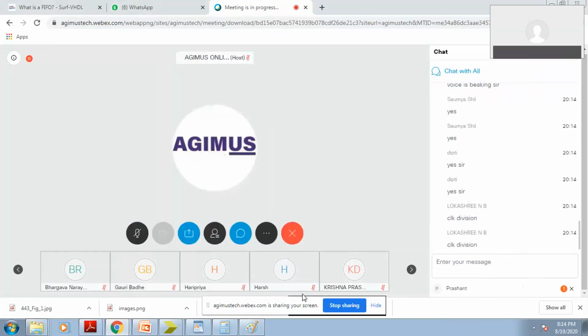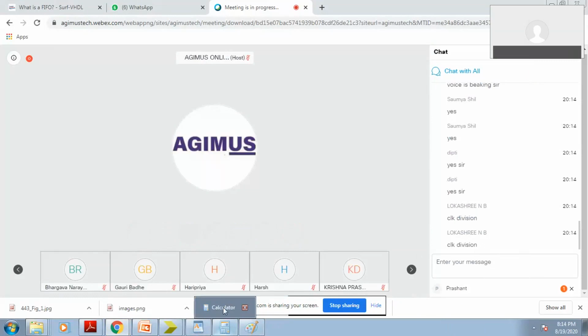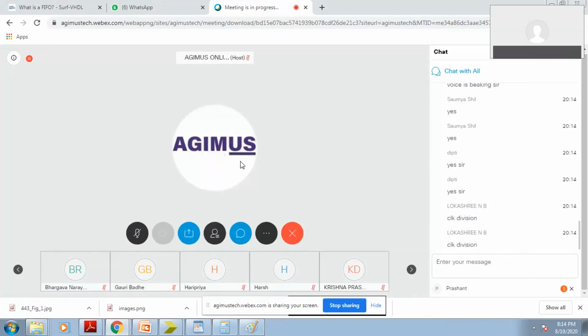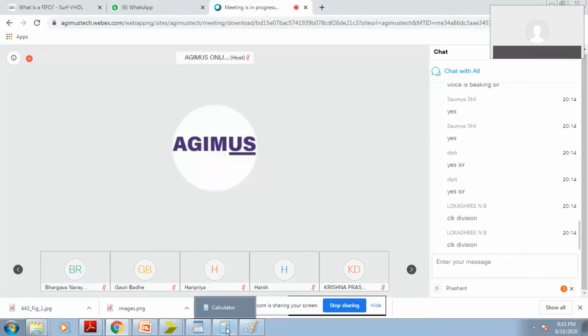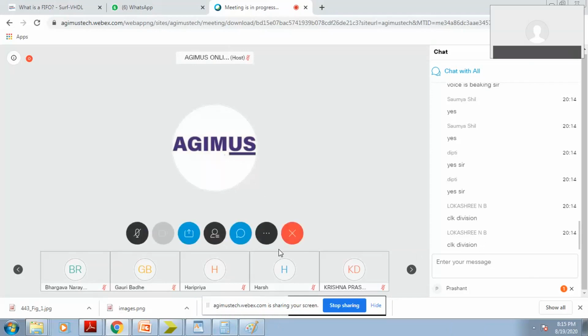What is a T for my 12 megahertz clock? So 1 upon 12 megahertz. That is my T. Okay, and to make 0.5 second, how many T I want? How many pulses?